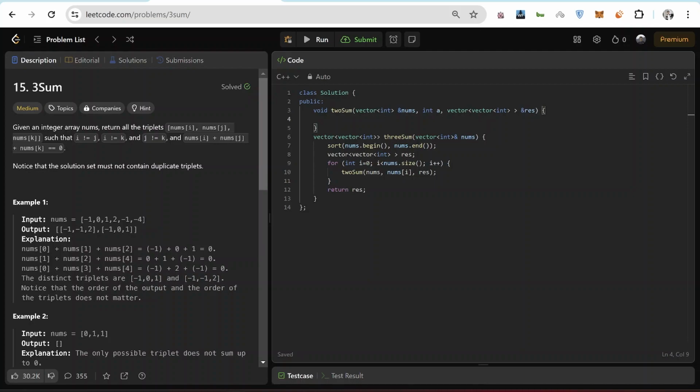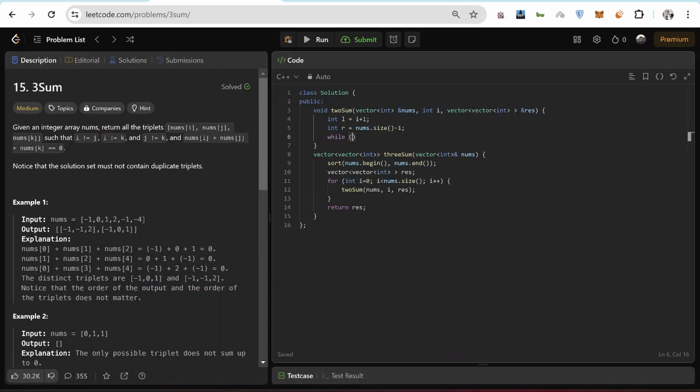Now the following code in this function will be the simple 2-pointer approach that we discussed. So let me just have L, which will be, okay, I'll also need the I. Let's just pass I here. So L will be I plus 1, and R will be nums dot size minus 1, and while